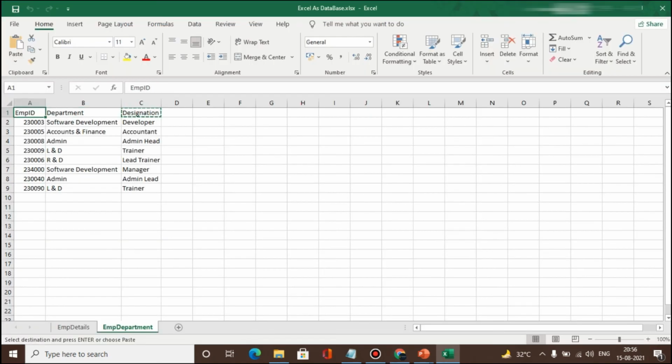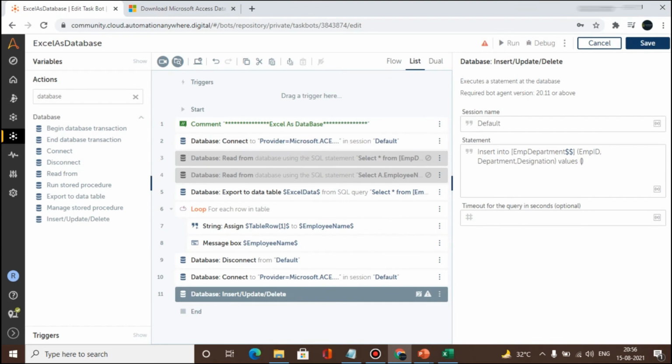So here you can see the employee ID. I will put the employee ID as, let's say, 1 2 something like this, and then the department. I'm just putting it as test so we can understand, and the designation is, let's say, ABC.